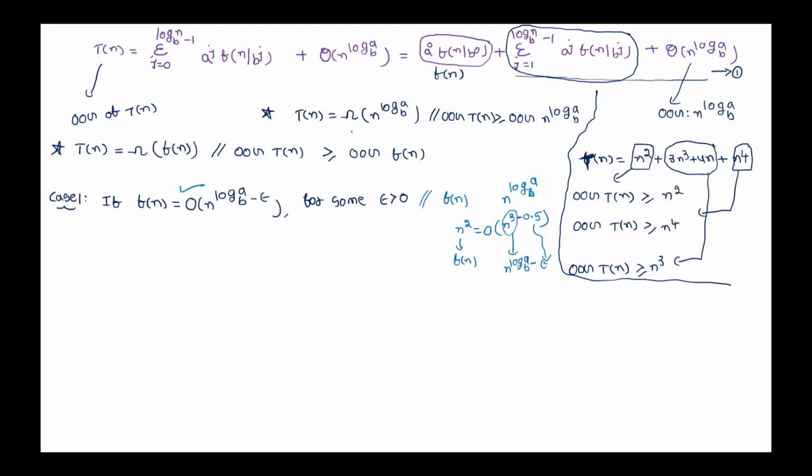That means out of these two, which one has higher order of growth? F of n or n power log a base b? F of n has strictly lower order of growth. So from this, it is clear that order of growth of f of n is strictly lower than order of growth of n power log a base b. How much lower? I will come to that after some time. If this condition is true,